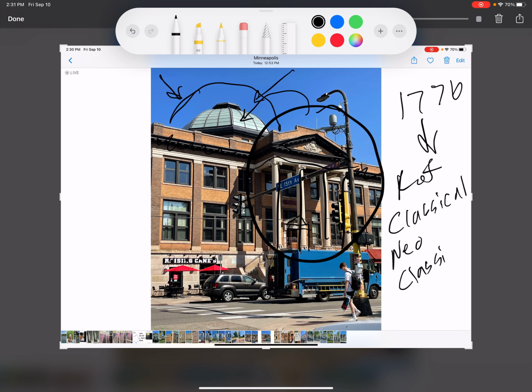So this is what I'm asking you to do when you go out into the world, is to see stuff like this. I'll be adding some more examples here in a little bit, but I thought this was a good one, and I'd post it on YouTube so you could see it as kind of a reference point. You could take a picture of just this and reference the entablature if you want. You could take a picture of just this and reference Ionic columns,